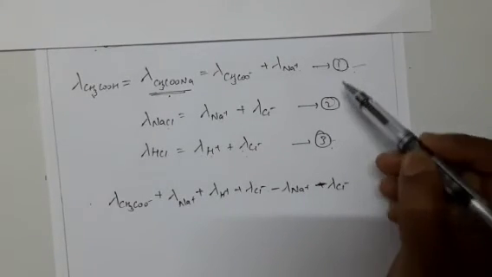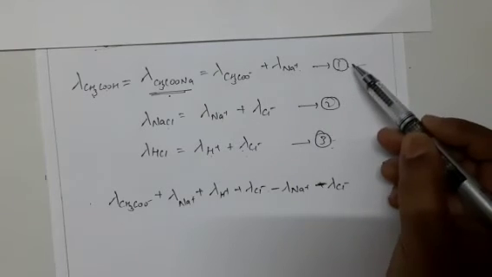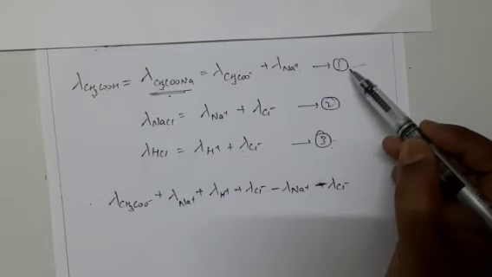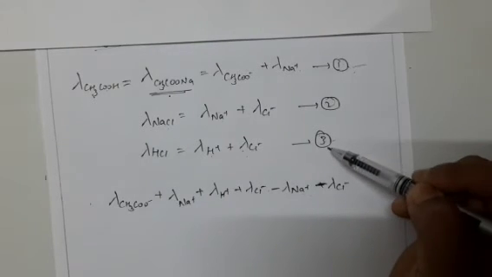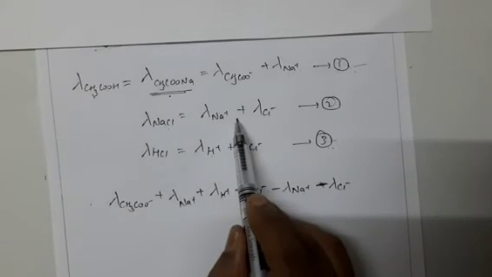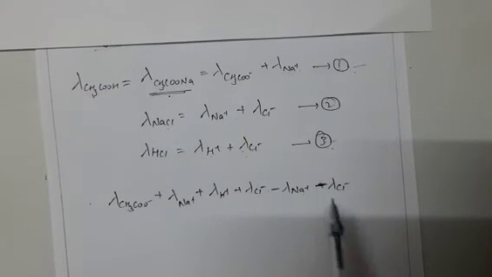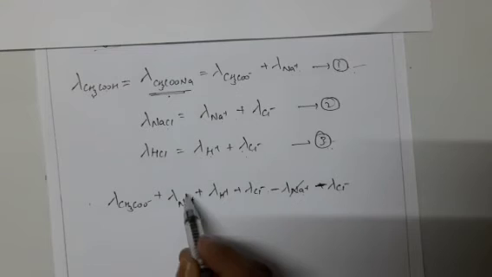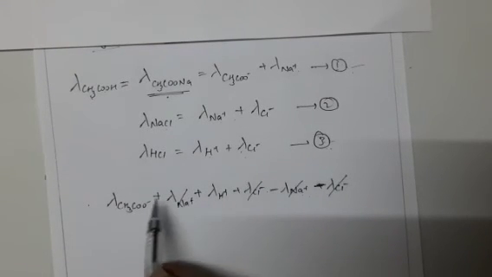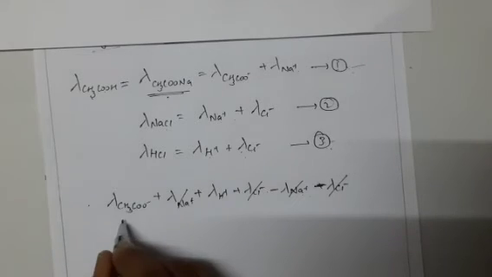First we have to add uncommon ions, that is equation 1 and 3. Here there is no common ions, so equation 1 and equation 3 we have to add. Next, equation 2 we are having common ions, that we have to subtract. So like that Na and Na cancel, Cl and Cl cancel. Remaining what? That is